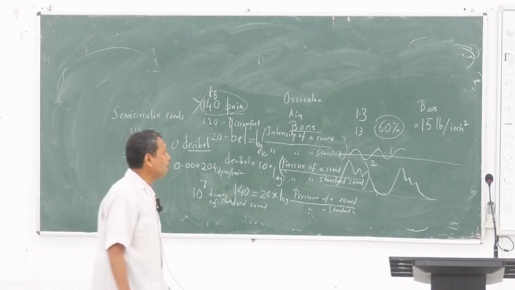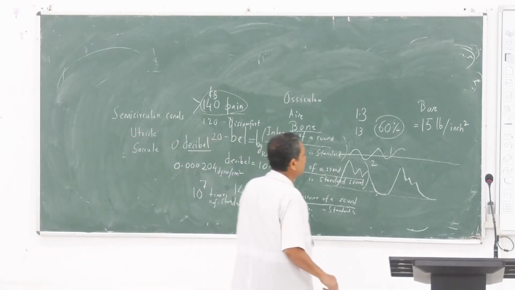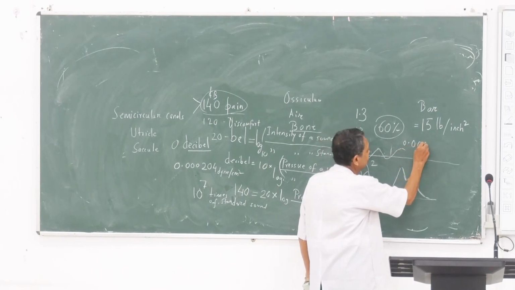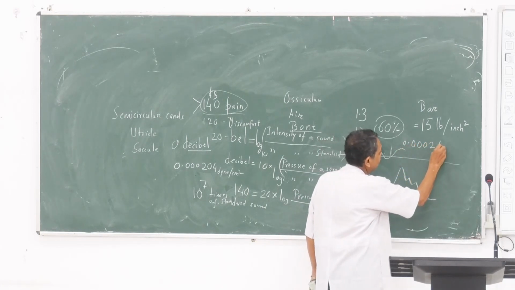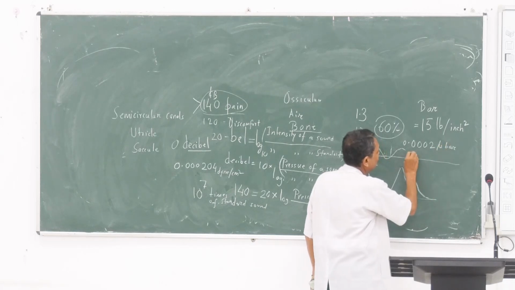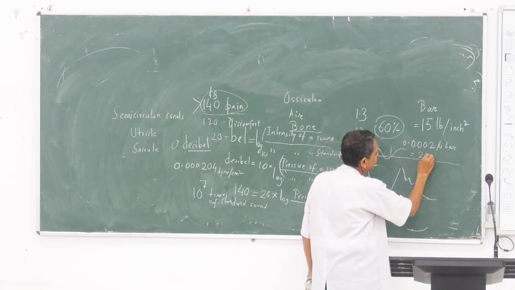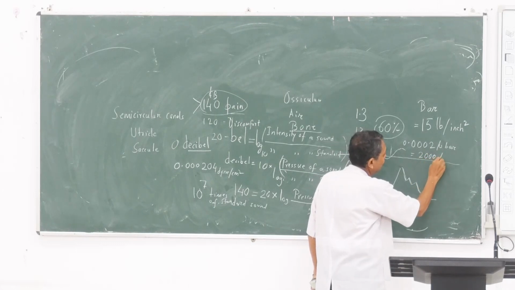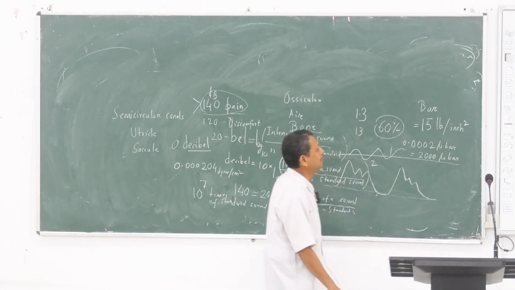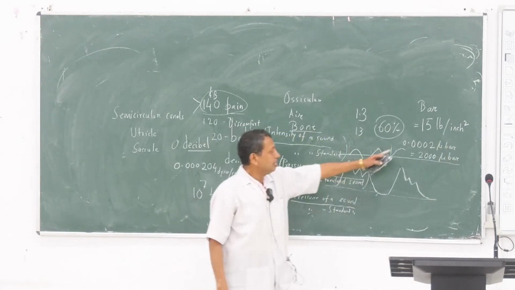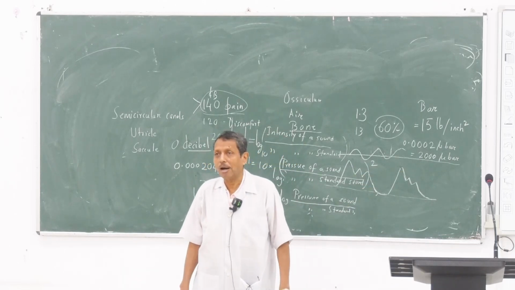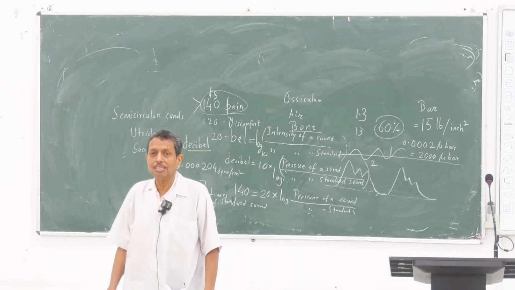Now from the threshold to the extreme that is harmful is 0.0 microbar to 2000 microbar. It is the threshold and up to the harmful effect, the level of the harmful bar pressure. It is also expressed in this way.